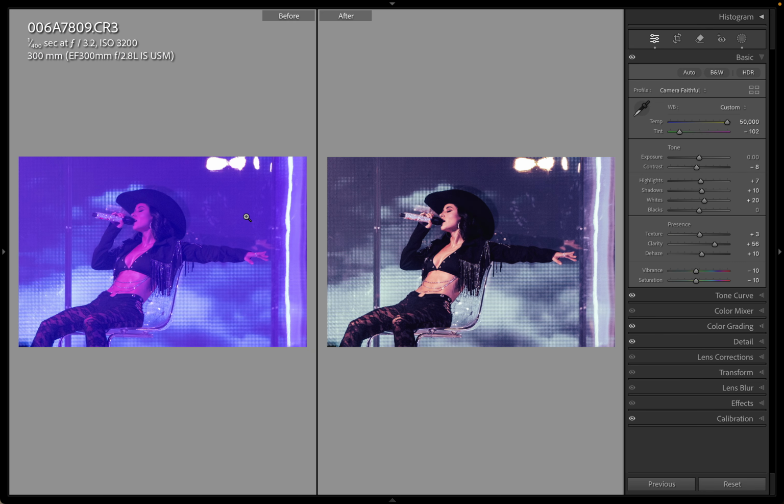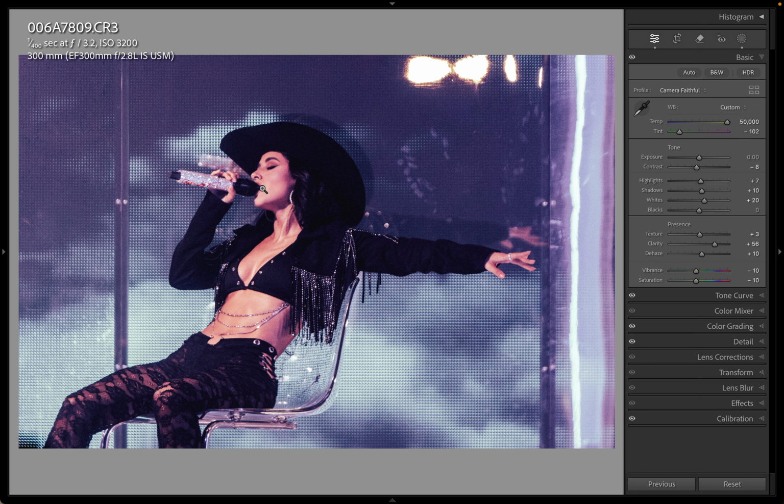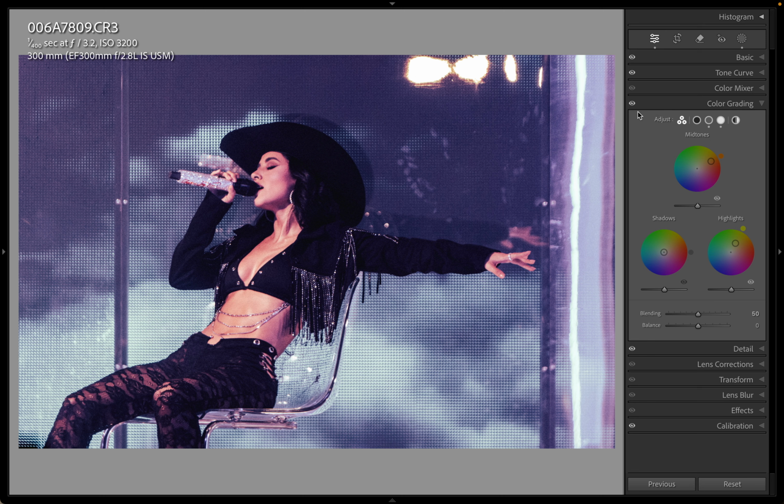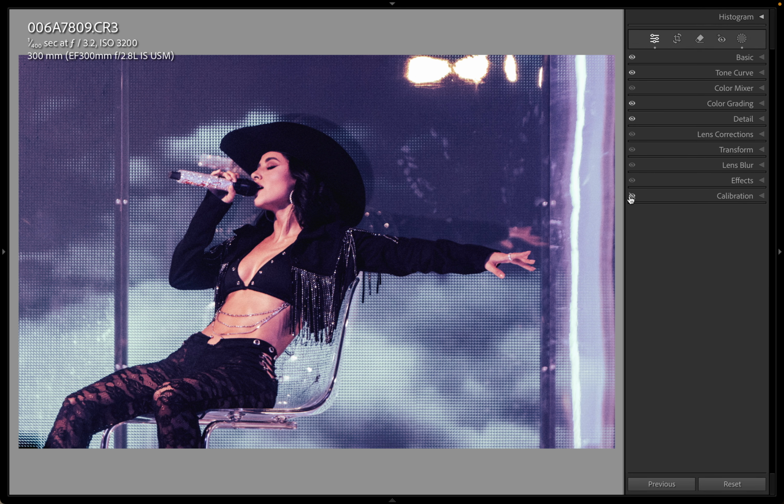And my goal when I'm color correcting something like this is to not make it look like it didn't have the blue of the scene. It's still got the coolness of the scene, but the skin tones look back closer toward normal. You could still tell that was a very cool production design moment. Like I'm not making it look like it was warm or anything, and that's kind of my goal. Color grading, I did some work here to really warm up the image and the skin, and then calibration is the last bit there.